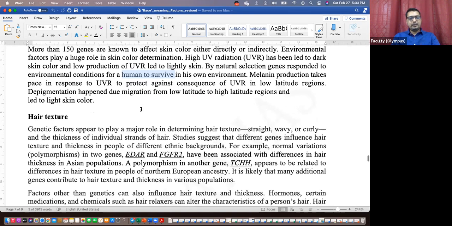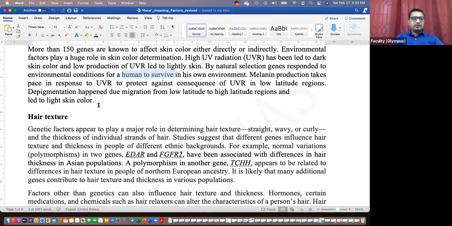Next, hair texture. What about hair texture? I've collected some data here. If it is too much for you, ignore it. Just take as much as you can relate to. This is one area where there's not much written, not much information is available. So I was digging into what controls hair texture, and trying to put it into the context of how it is related to the concept of race. So I'm providing the data here.